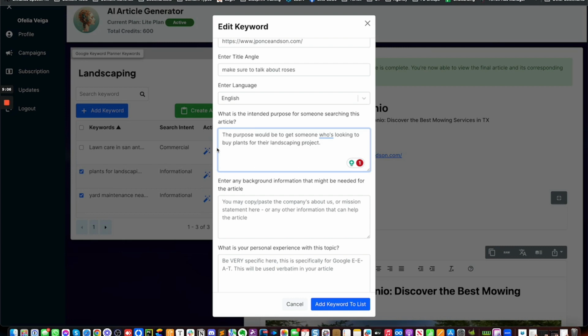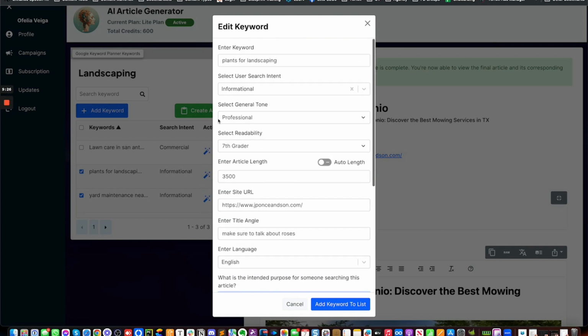people who are going to be writing on the same topics, because as word gets out, everyone's going to start using this. So we had to make it really personalized for the user who is using it to grow their business, right? If we just allowed you to write an AI article on plants for landscaping, at a 7th grade level, with 3,500 words, then at that point you might as well just use something like ChatGPT. So